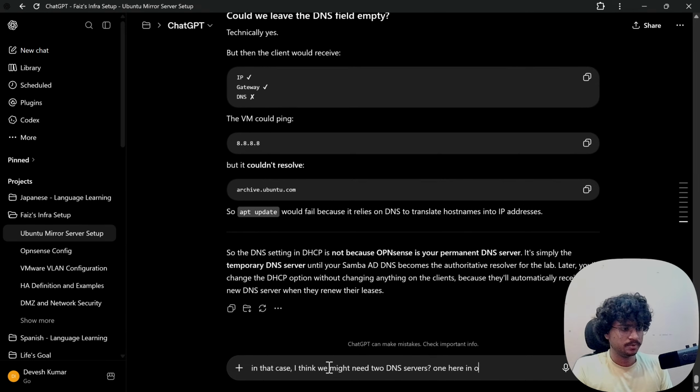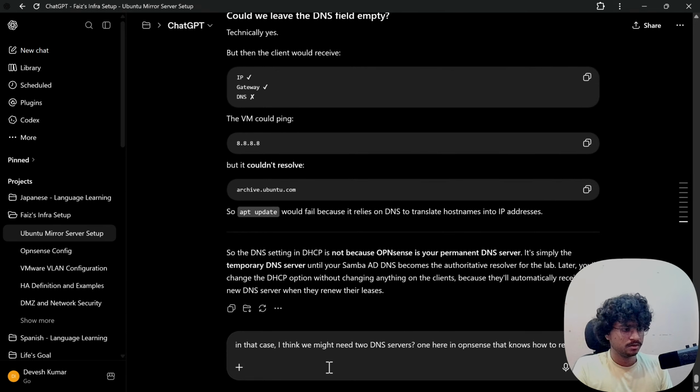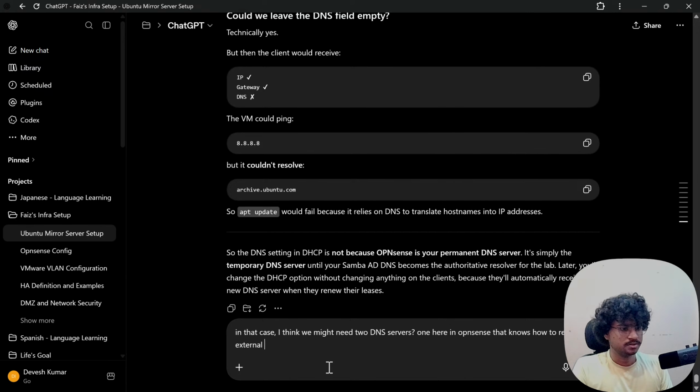One here in OpenSense that knows how to resolve external names, and another of the domain controller, which is completely private and only resolves